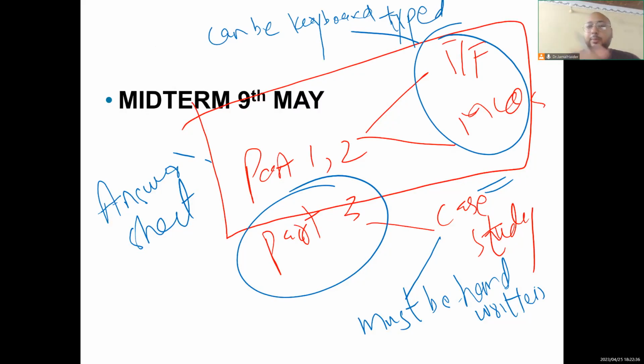If you have an ePen like me, you can just fill it out and send it to me. You can save more time. But if you don't have the ePen, you can use a computer or whatsoever. But in part 3, you are not allowed to use the keyboard. You can use an ePen or like what you are doing in assignments. Solve it on paper, take a picture, send me in a Word or PDF, whatever you like. Just send it to me, okay?